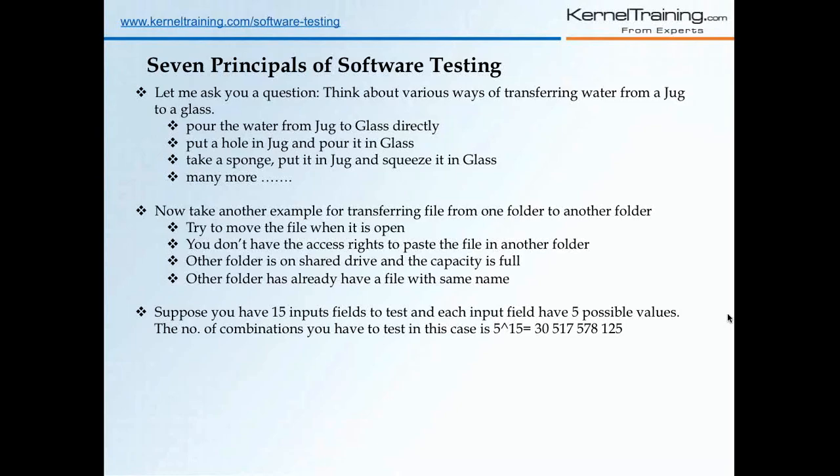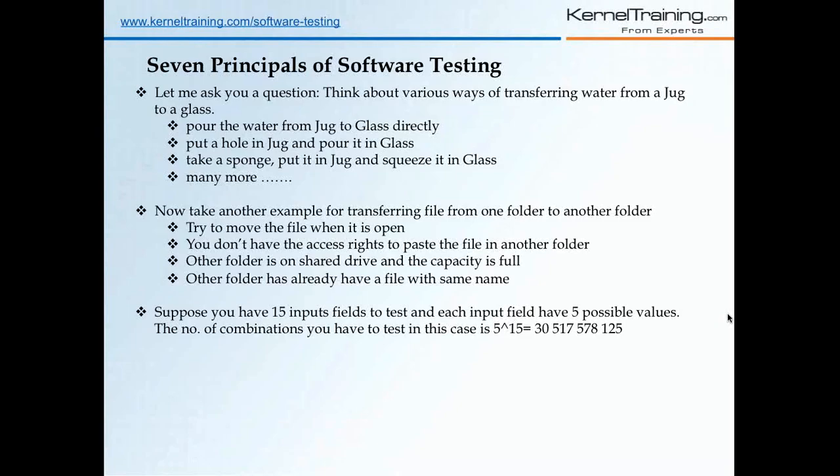Okay, what kind of errors or messages does it give you? You try to copy and paste a file for which you don't have access, and see how it behaves. Okay, you have another folder on a shared drive where the capacity is full, and you try to copy and paste. What kind of message is it giving you? And then you can try another scenario